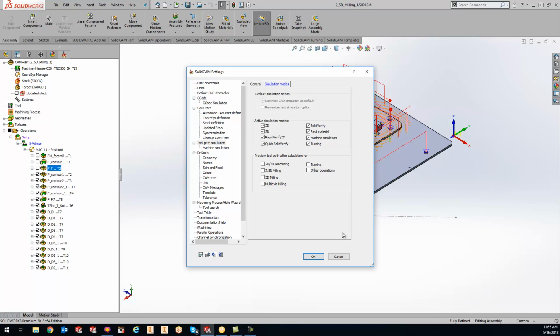So just wanted to show you guys where that is in the settings and show you how to turn it on or turn it off as well. So just want to show you that for you,